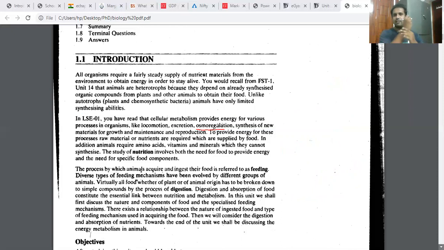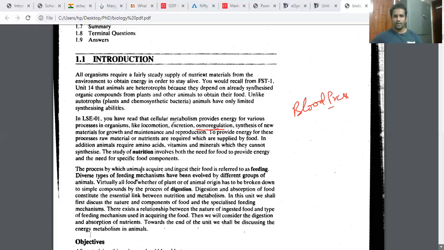Just like in our blood, arteries and veins are there or not? Yes, arteries and veins are there. What is the pressure? How fast are they moving from one place to another, from the heart to the rest of the body and from the rest of the body to the heart? What is the speed? That is called blood pressure. Right or wrong? In the same way, osmoregulation is nothing but osmotic pressure, meaning between one cell and another cell, how is the